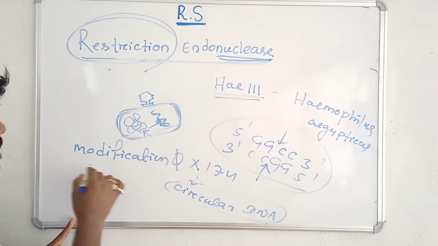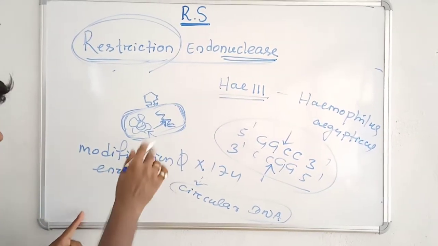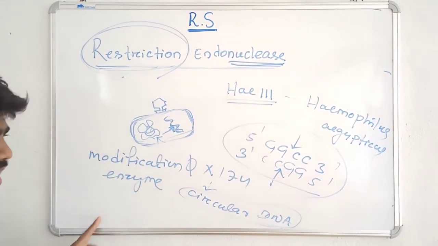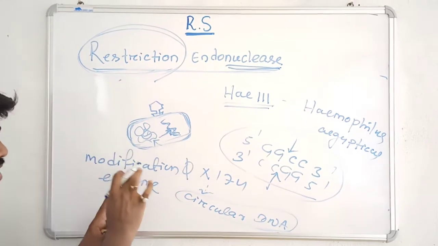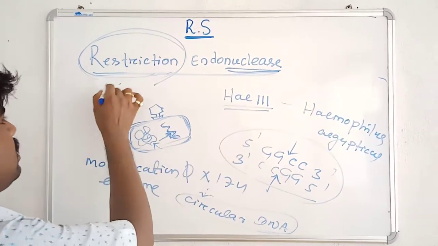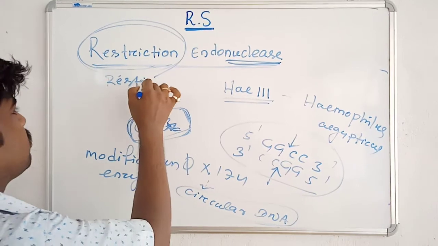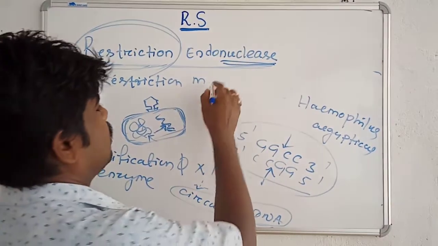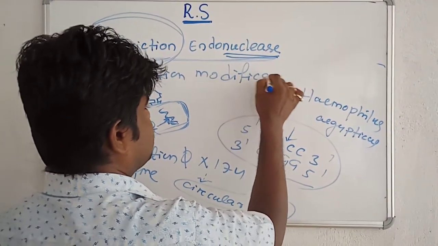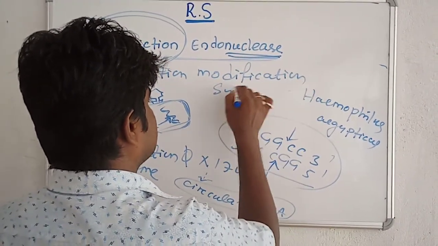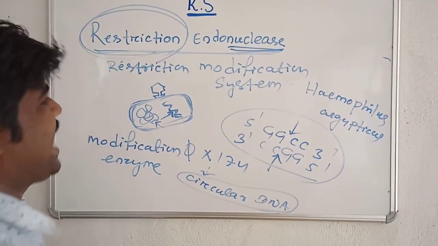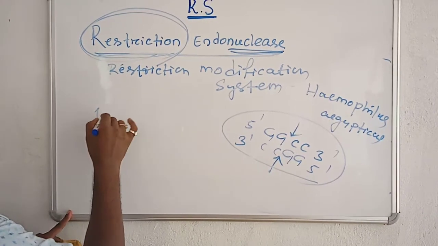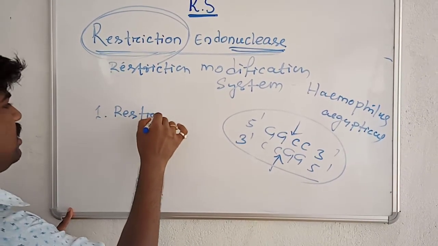The restriction enzymes are associated with these modification enzymes. In combination, the restriction enzymes and the modification enzymes form a restriction modification system, the RM system. The restriction modification system has two components. First is the restriction